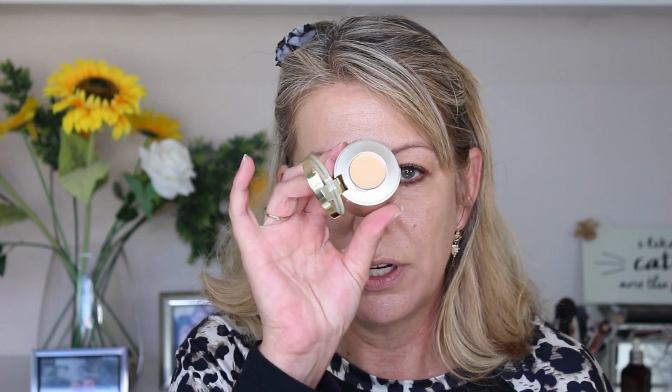But before I do that, I've almost forgotten about the concealer. So I'm going to go in with a little bit of the concealer. Now, I do think that this might be just a tad too light for my skin, but we're going to try it anyway. So I'm going to go in with my finger and just try a little bit of that and just see how that works